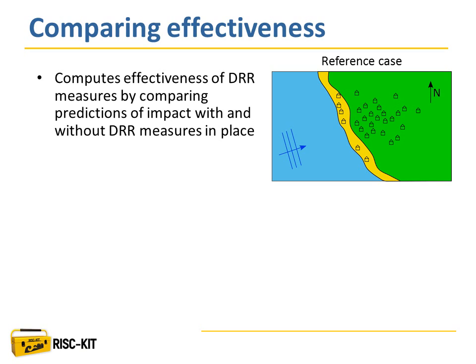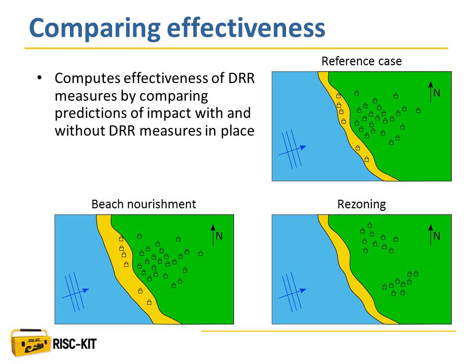We can use the Hotspot tool to assess the effectiveness of DRR measures by comparing simulations with and without DRR measures. For instance, here we have two DRR measures, one a beach nourishment and the other a rezoning. And we can use the Hotspot tool to simulate what would happen during one storm event for both these DRR